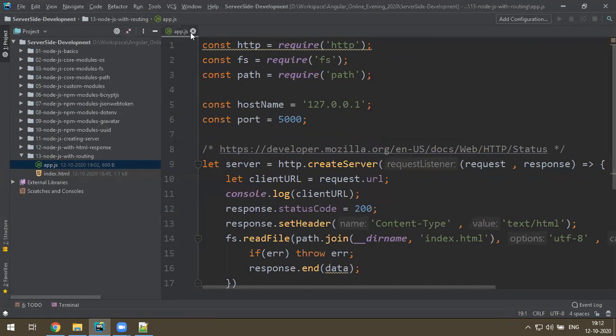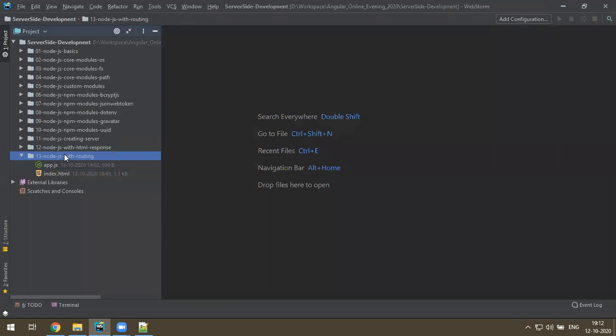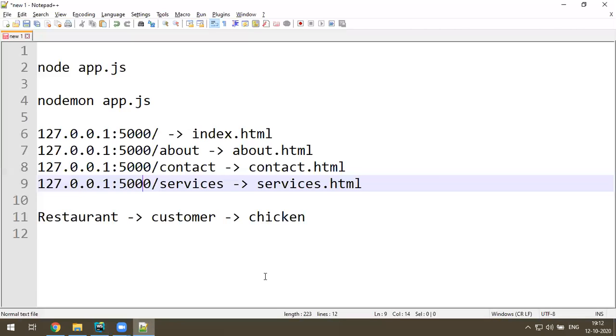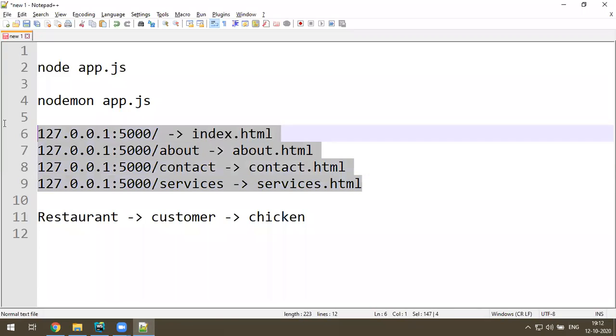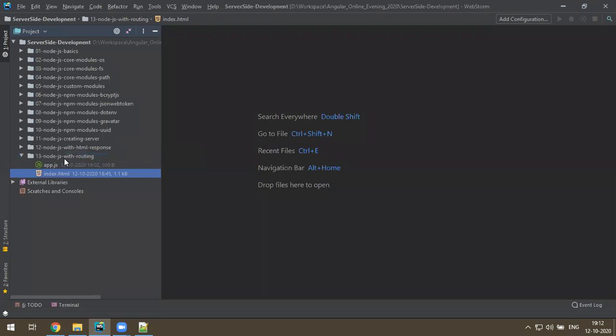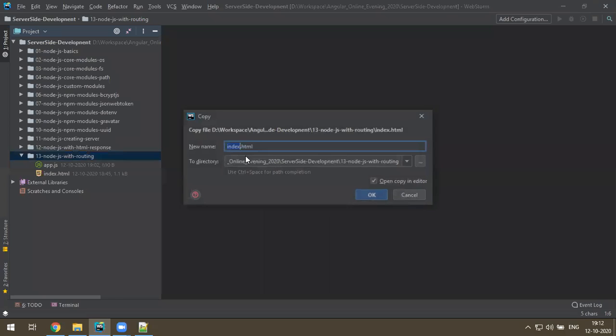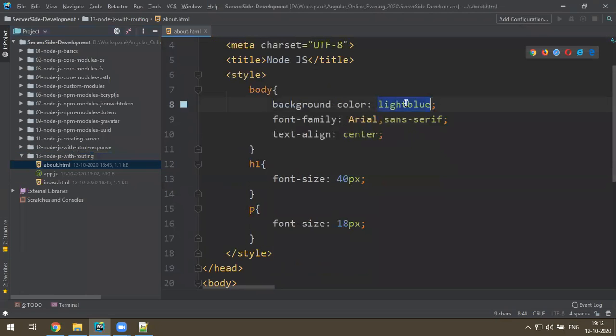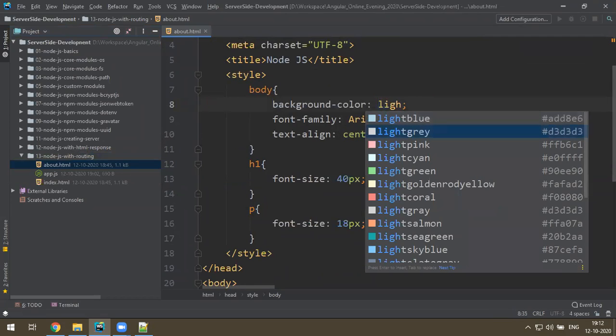In routing, let me create multiple HTML files for every request. As per our configuration: home page, about page, contact page, service page. Let's make these HTML files and we'll respond with each HTML file depending on the requester. So I copy this index, paste it, and name it about.html, with a different color for our understanding, light pink